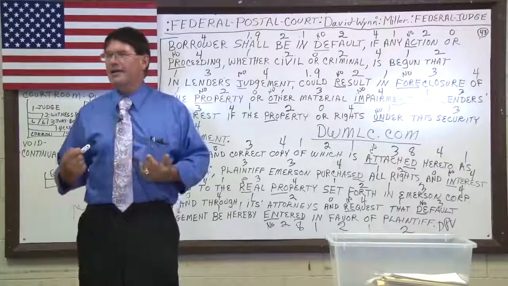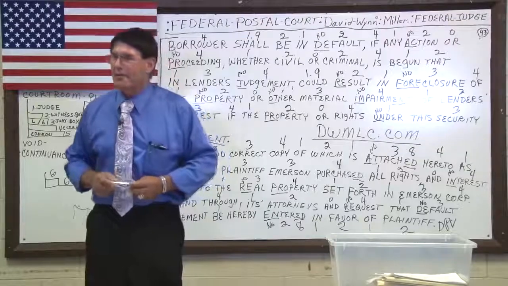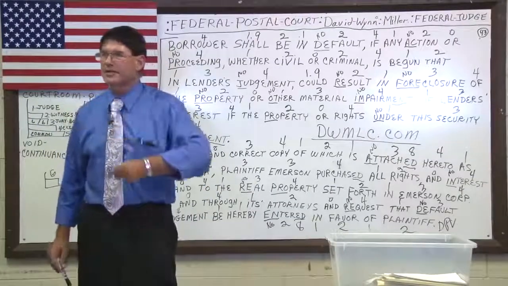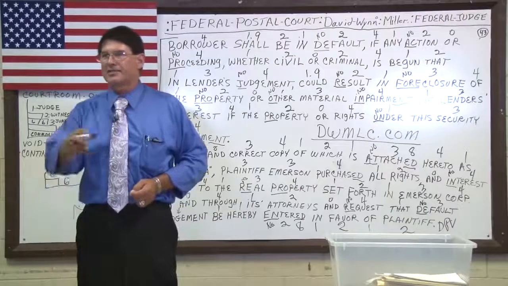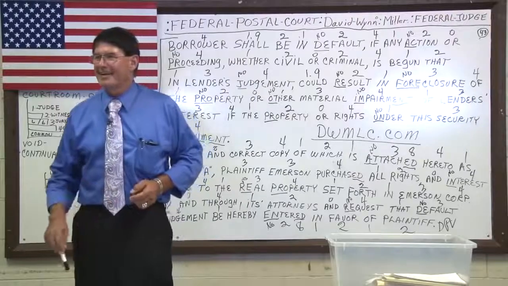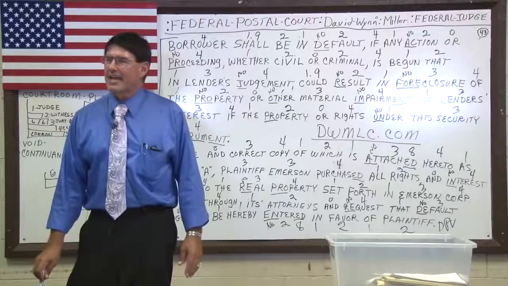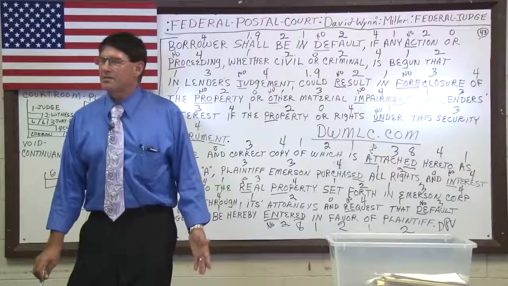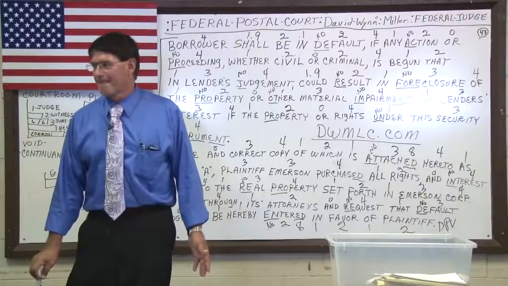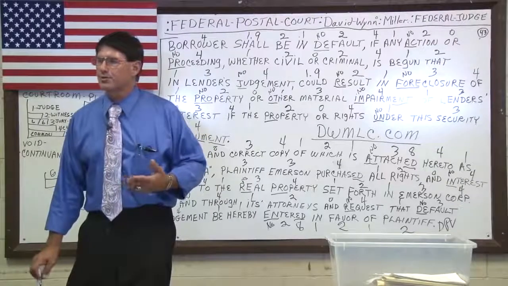That would be like me appointing the cameraman here to sell your house because I appointed him to sell your house, even though there's no continuance of evidence. And then he gets to keep the money because I appointed him. That would be completely crazy. Gee, how can you be a nominee on the mortgagee? Can't. They can't be the mortgagee for the simple reason they never signed anything. But that would just be another layer of fraud. It's just another layer of fraud that they put on there to confuse a person who doesn't know what's going on.